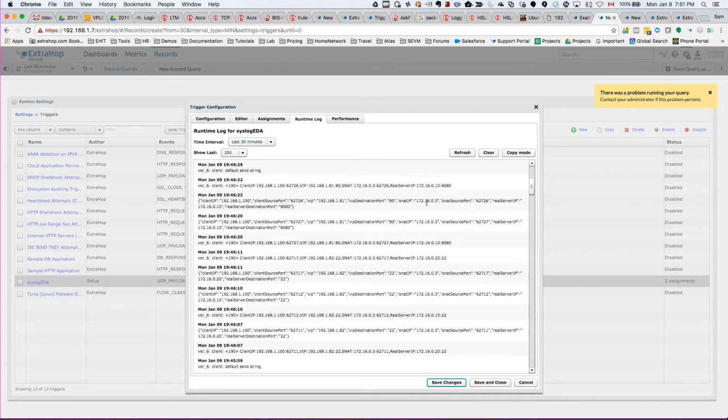The SNAT IP is the source NAT that happens on the load balancer. ExtraHop is sitting in the 172.16.0.0/24 subnet, and you'll only be able to see this SNAT IP if you don't do what I'm doing right now. This is the SNAT port, and then the real server IP that we're hitting is this one on port 8080 for HTTP. Putting all this in one record here and committing it to the EXA, we'll be able to